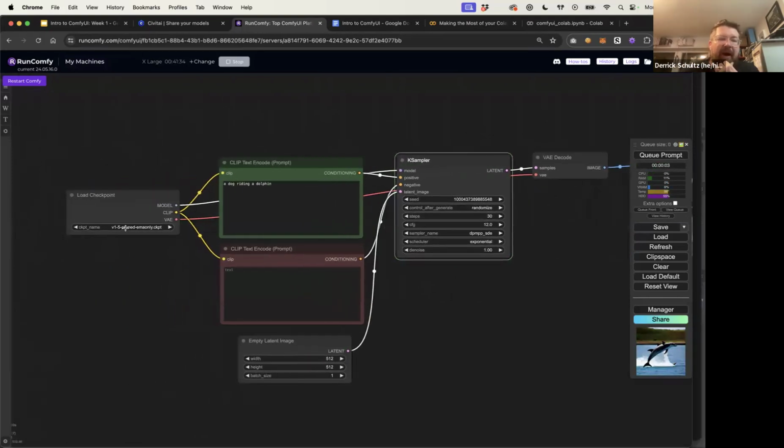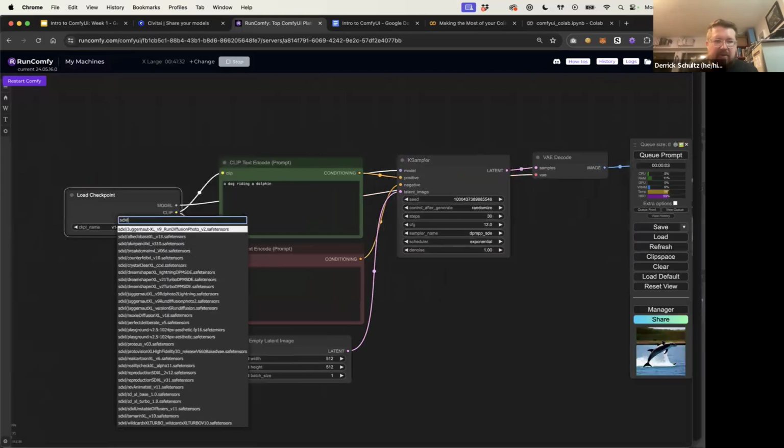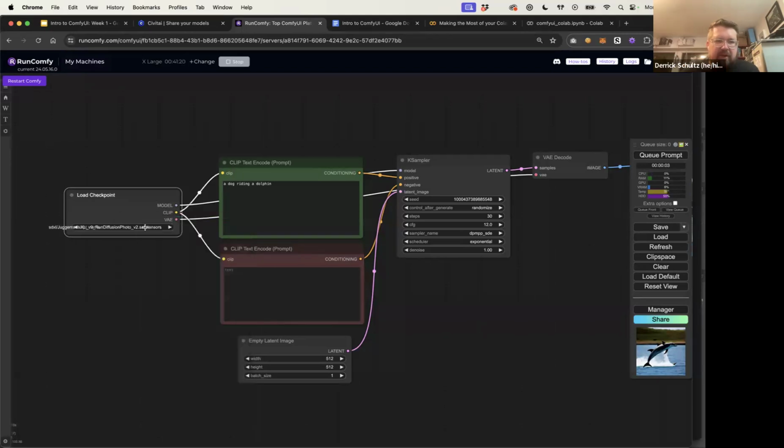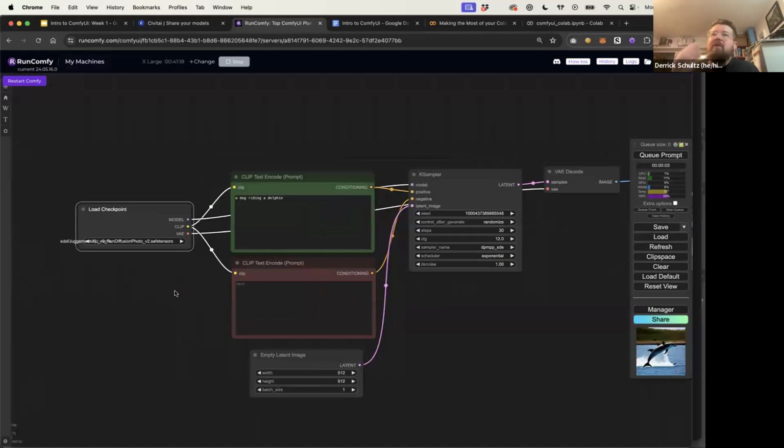Or you could try changing your model. So we could do SDXL, and we could try, where's the default SDXL model? Maybe it doesn't have the default in here. All right, let's try Juggernaut. So the thing to know is that because we changed our model, the first time we run this is going to be a little bit slower because it doesn't have the same model cached. So this is going to take like, I don't know, 30 seconds.